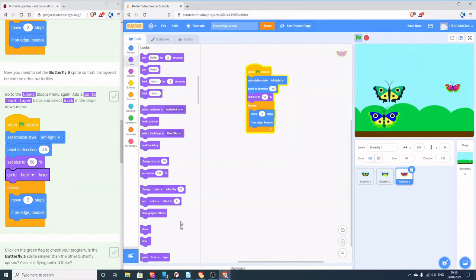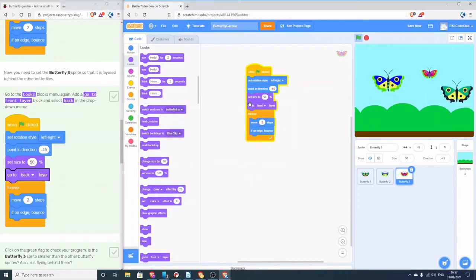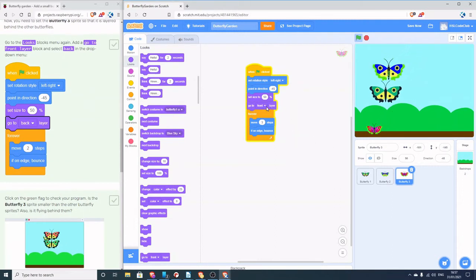But what we can do is at the bottom of our looks options, there's a go-to layer. So you can add that into my code now, but it's not where they want us to add the back. We want to go back. We're in front of the other one, so I'm going to change that to front. Press start, and then my little butterfly will fly in front, on top of the other two butterflies when you see them